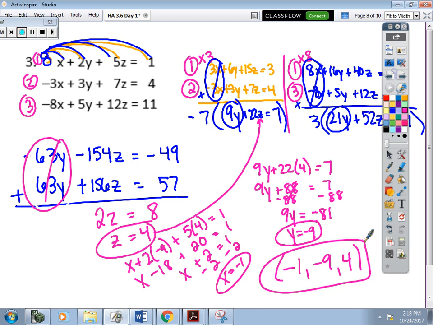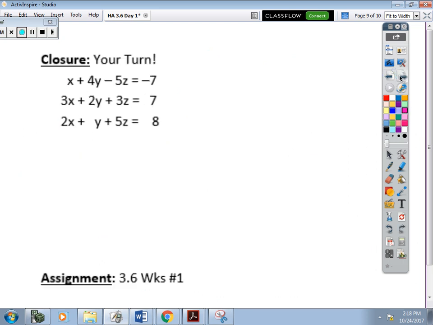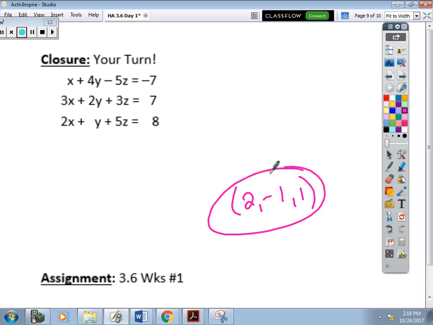Okay, the closure, just in case anyone wants an extra practice problem, which you'll get plenty of before Friday, but the answer is 2, -1, 1. And just remember, on your quiz Friday, if you have time, you can take this and plug it back into all of them and make sure that it equals the number. You can check your work by plugging in the x, the y, and the z and making sure all three of them come out to be -7, 7, and 8. On the back of the homework,